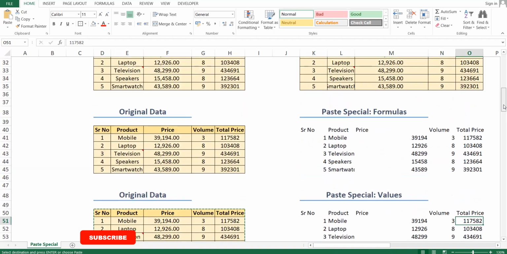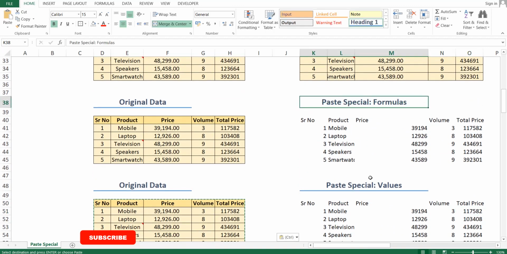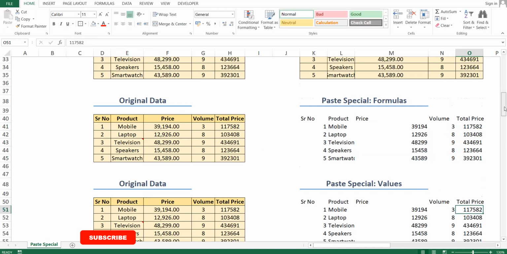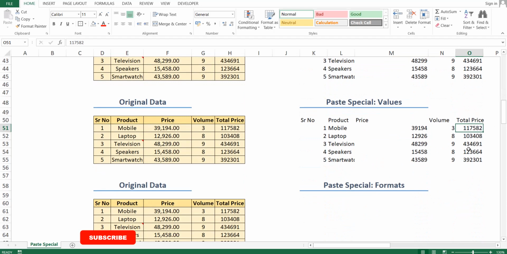So you can find the difference between paste special formulas and paste special values: under paste special formulas, formulas will get copied as it is from the original to the desired location, but under values, formulas will get disappeared and the output of that formula, that is the value of that formula, will get pasted here.